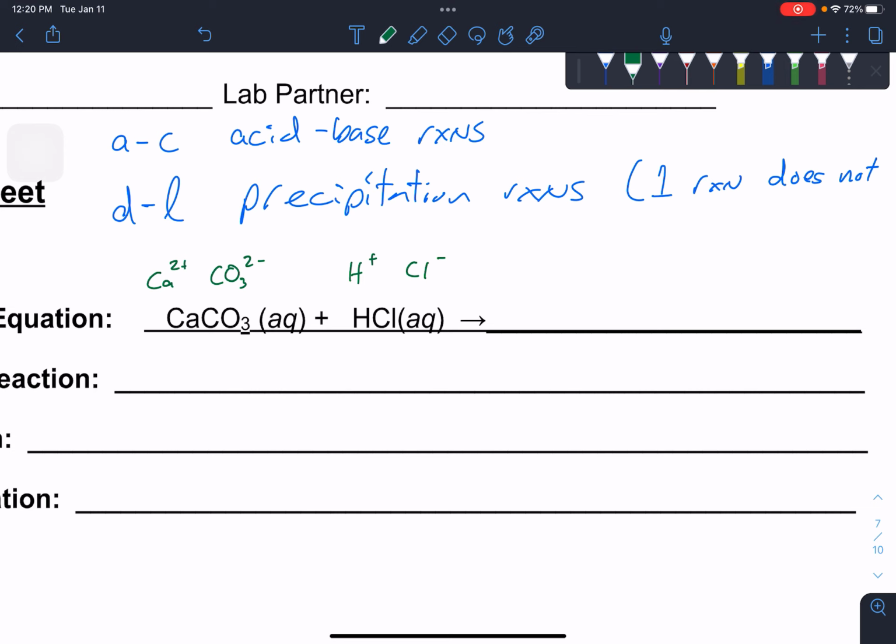Now, that first one, calcium carbonate, is a traditional salt. It has a bona fide cation. It has a bona fide anion. And I just want to point out, and this is something I'll go into more detail in class, but,